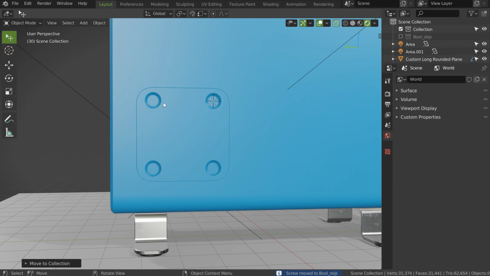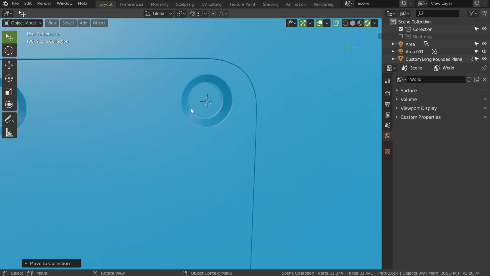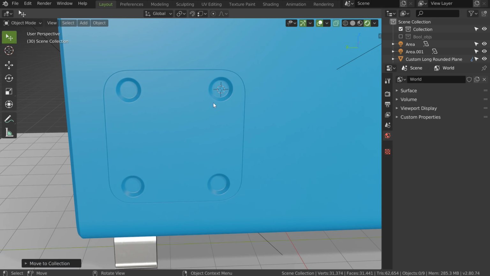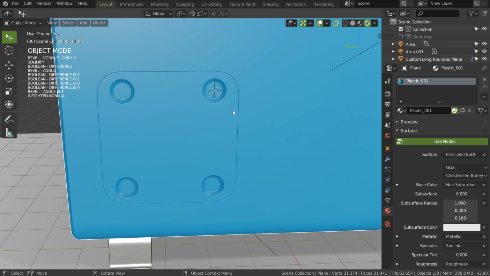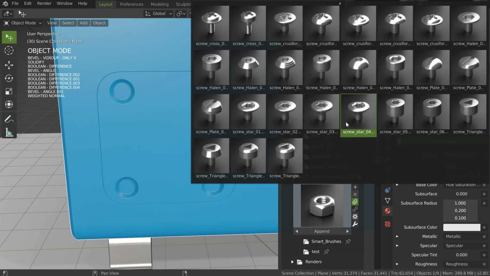I can hide the bool object, and here I can add some screw, maybe, could be interesting with some screw. I will go in the asset management, insert screws and bolts, and I will select one that will do the trick. For example, this one could be nice, or maybe more this one.